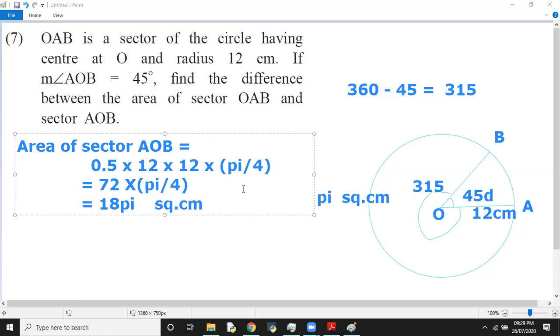Okay. Then what is our required area? Therefore, required area. We have to find the difference, no? Required area equal to, what is difference? Find the area between sector this, okay, this sector and this sector difference. Okay, it is very large. I think it is greater than 18 pi. Okay, by observing greater than 18 pi.